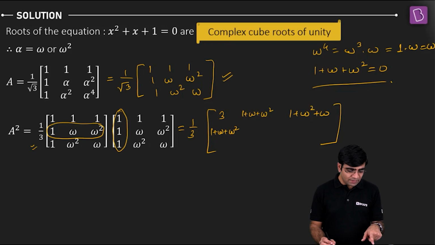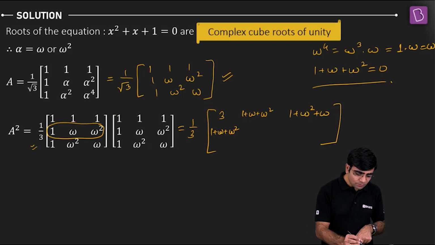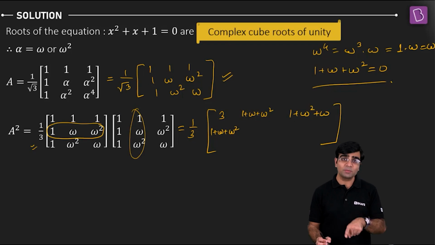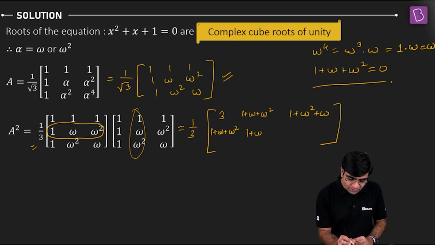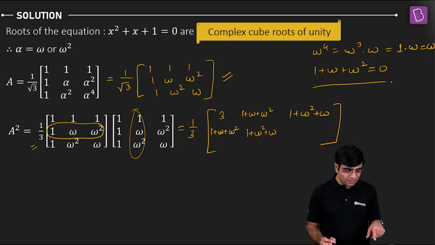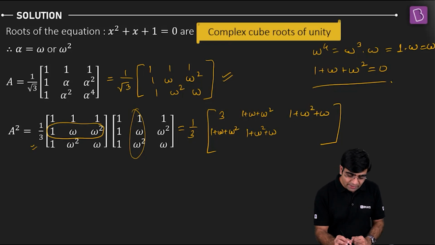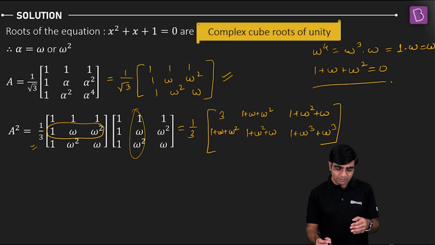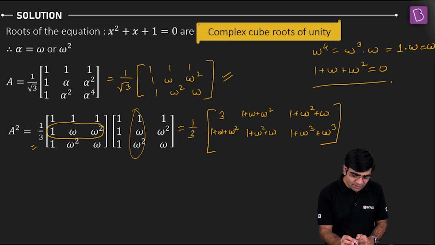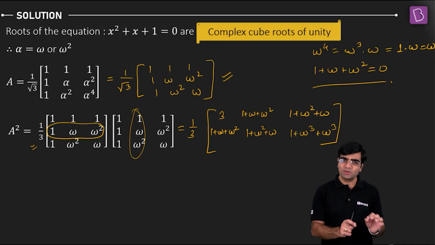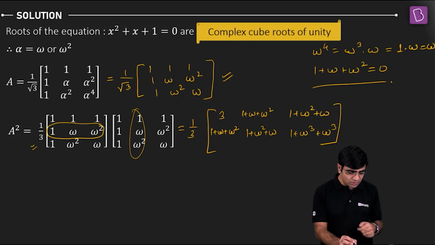So this value again becomes 1 plus omega square. Similarly, if I take the second row and the second column, what do I get? I get 1 plus omega square plus omega power 4, which is again nothing but 1 plus omega square plus omega. The next one is 1, omega square multiplied by 1, omega square, omega. What do I get? 1 plus omega cube plus omega cube. What is omega cube? 1. So basically the last term becomes 1 plus 1 plus 1, that is 3. Sort it out, right? Similarly, I'm leaving the rest of the calculation on you. I hope you can figure it out. When you do all the calculation, this value gives me 0, this value again gives me 3, and this value gives me 0.